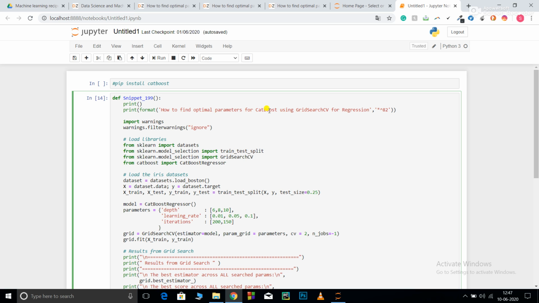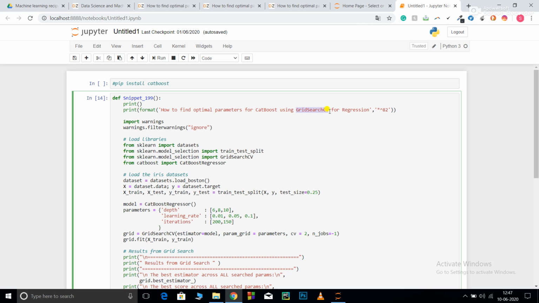After understanding CatBoost, now let's try to understand GridSearchCV. You cannot keep on changing parameters iteratively in order to get the best result. So here GridSearchCV comes into play.